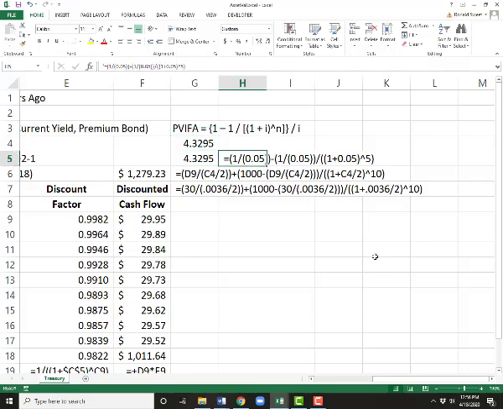And you can use the present value interest factor annuity formula for this problem. Here you can simplify it. You'll have to do the math yourself, but it simplifies to this formula. That's essentially what I'm doing here. Exactly that formula, with one exception: I'm adding in the principal that I receive at the end, the $1,000